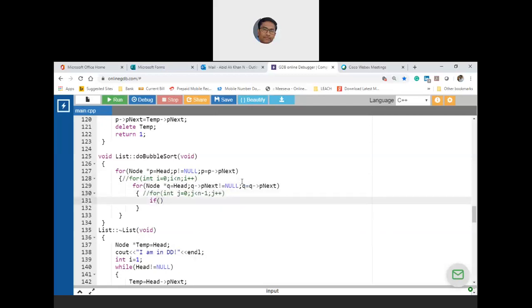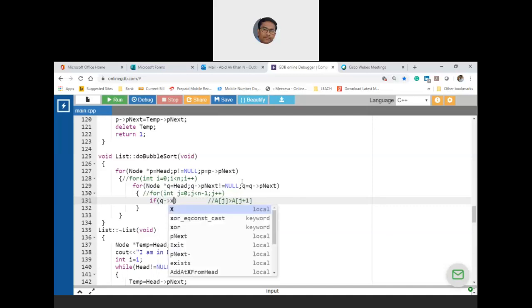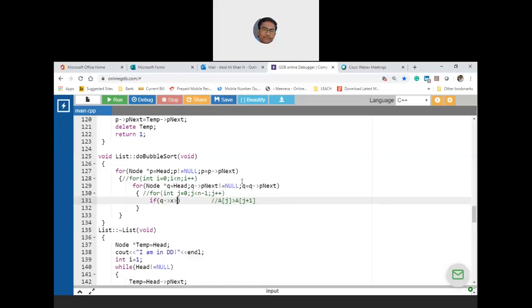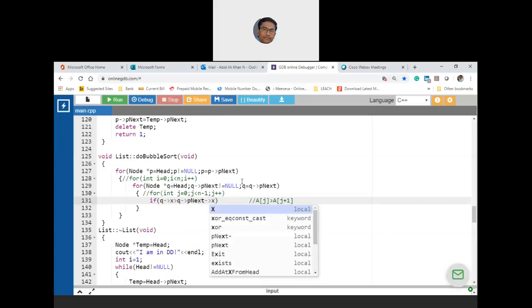Now what I am writing here is nothing but a of j is greater than a of j plus 1. So that is nothing but if q arrow x is a of j is greater than q arrow p next arrow x,